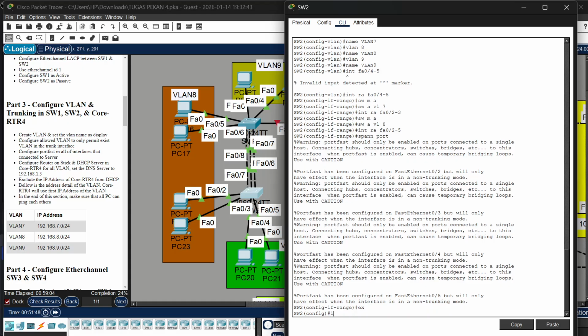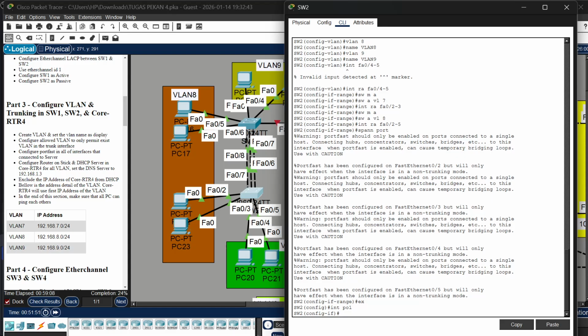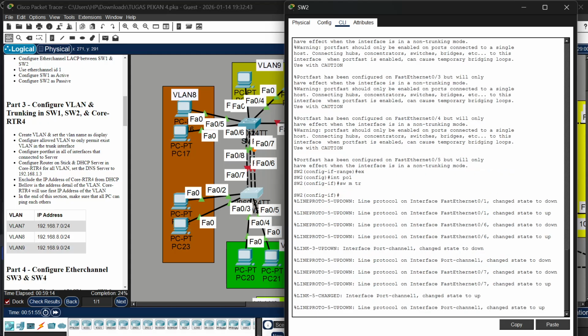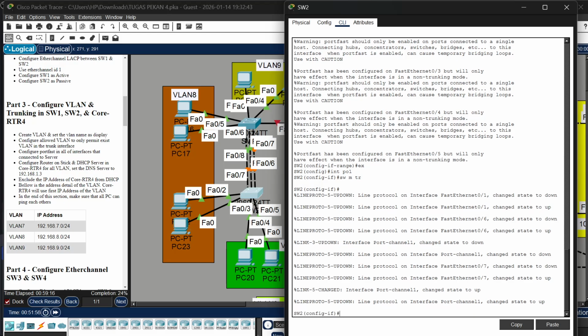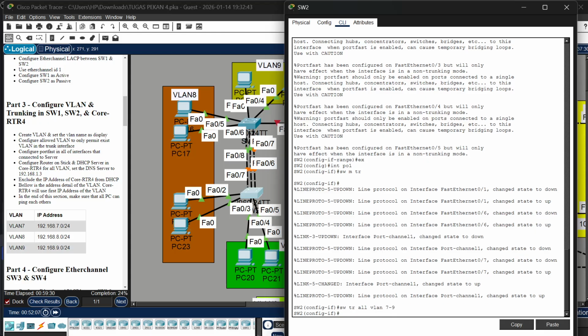and we go to the exit, interface port 1. Switchport mode trunk. Switchport mode trunk, and then we go to the switchport trunk allowed VLAN. Okay,